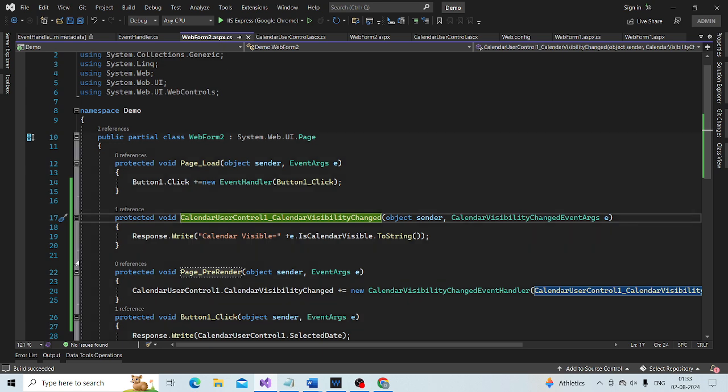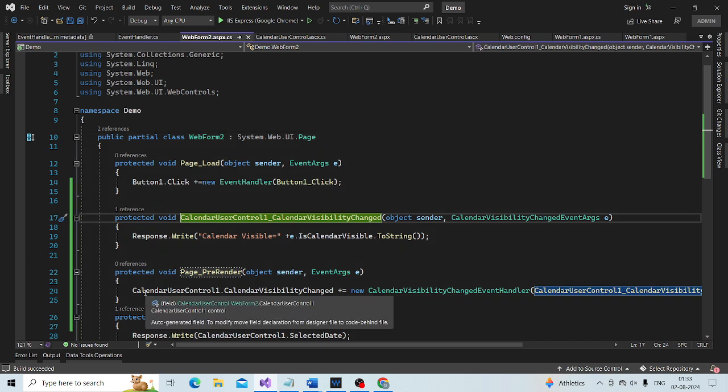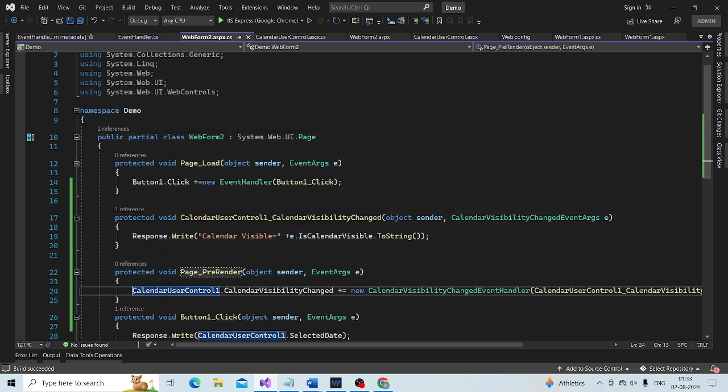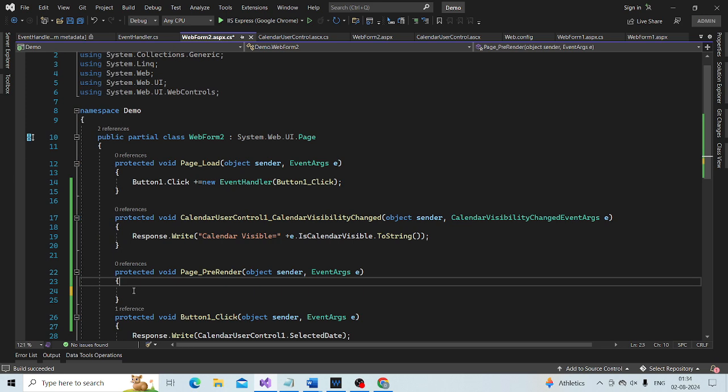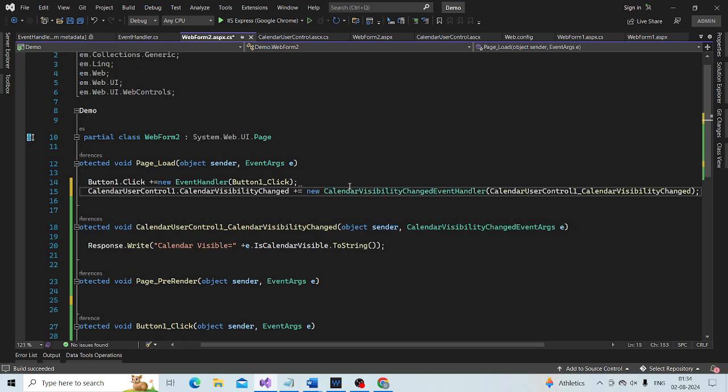So I'll again copy this from here and paste it back to the page load event.